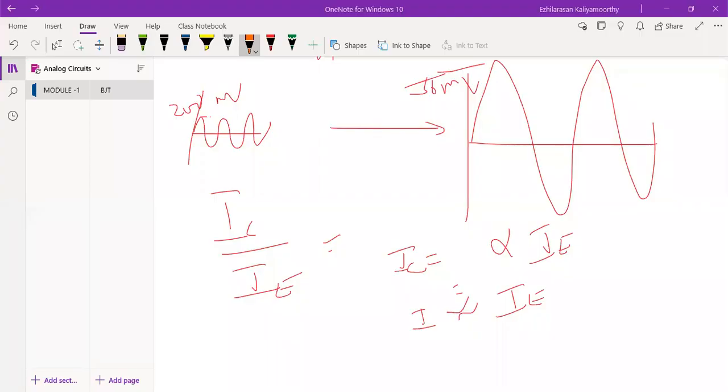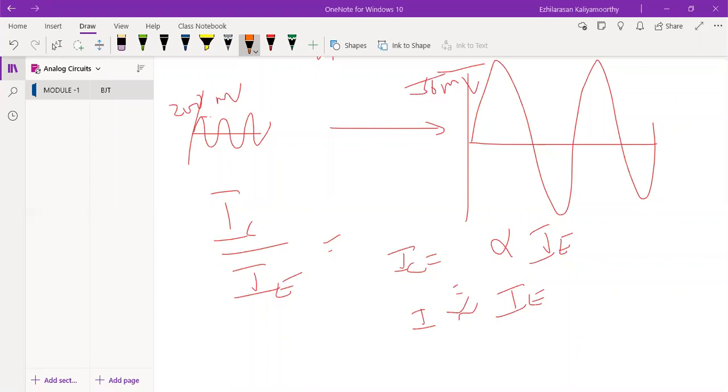Next, we need to know about biasing. That is, what is transistor biasing? It is the proper flow of zero signal collector current and the maintenance of proper collector emitter voltage during the passage of signal, known as transistor biasing. So the circuit which provides transistor biasing, we sometimes call a biasing circuit.